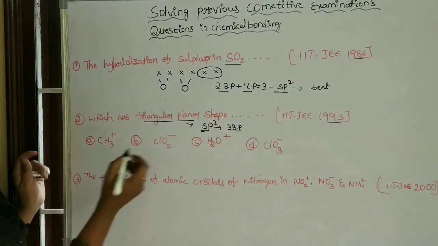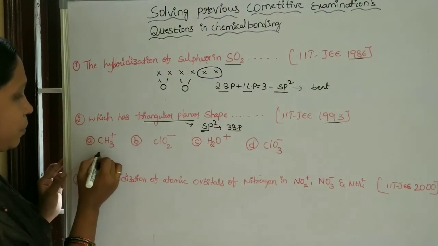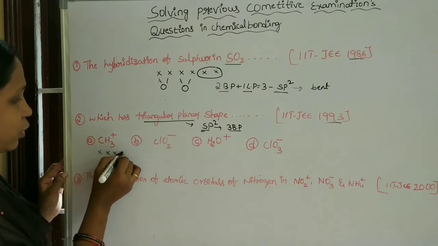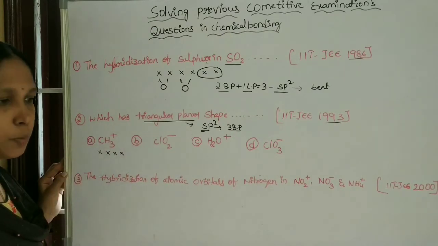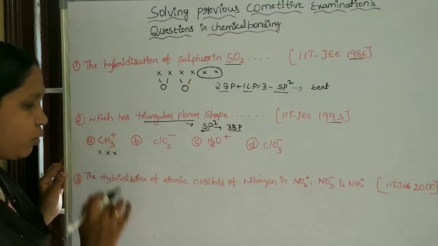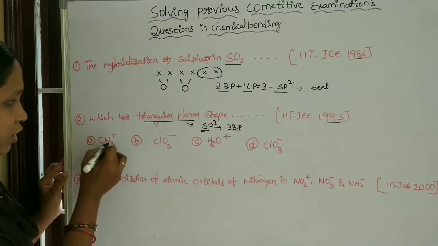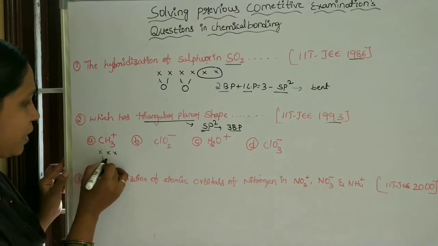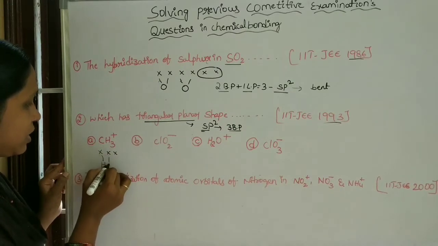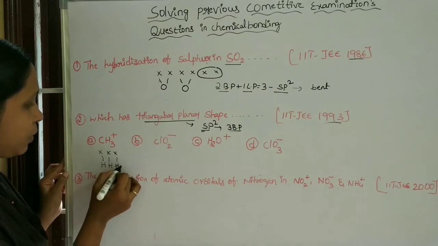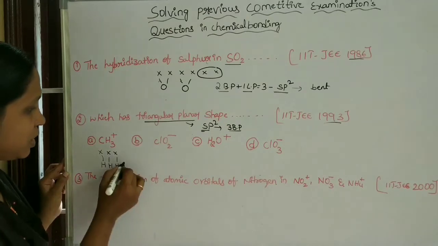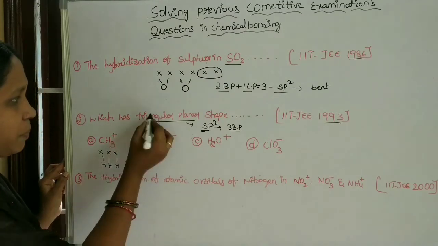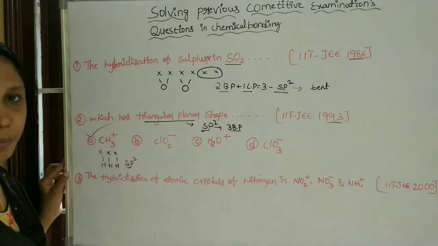Okay, we will check one by one. The first option, A, carbon. It is a 4th A group element, so actually it has 4 single electrons, but the molecule carries 1 unit positive charge, so remove 1 electron. So 3 electrons are there. Hydrogen is the surrounding atom with valency 1, meaning each hydrogen combines with 1 electron. That means 3 hydrogens form 3 bonded pairs. 3 bond pairs means sp2 hybridized, and the shape is also triangular planar.